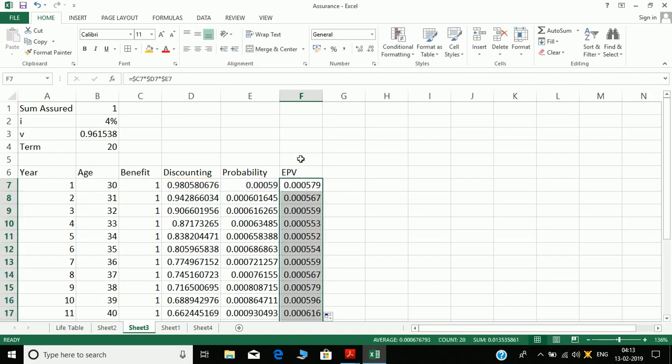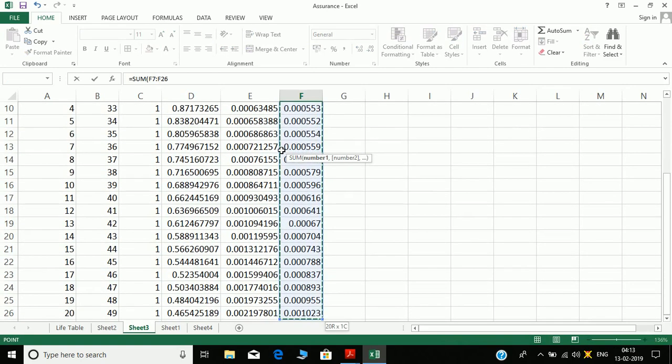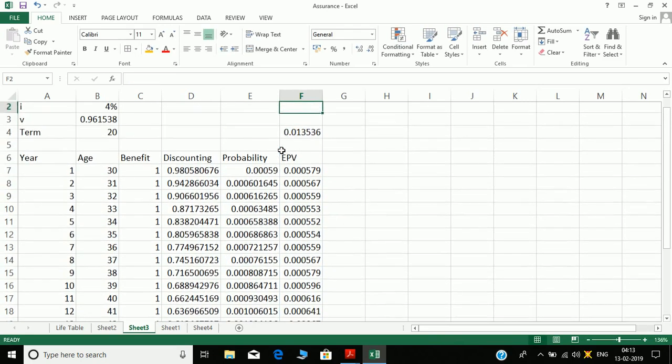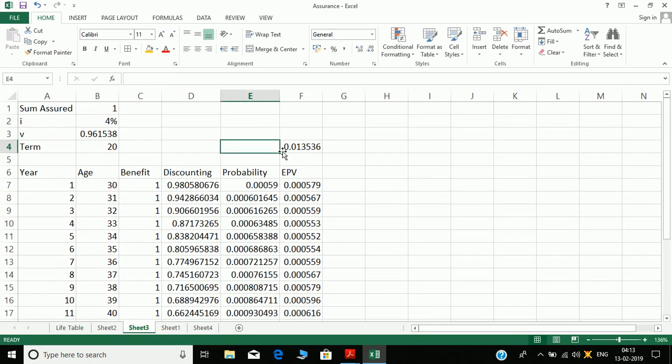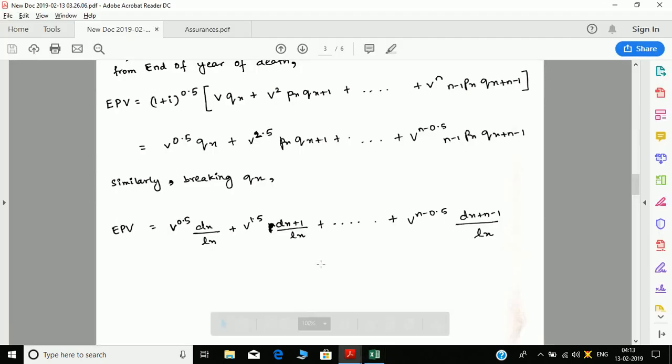Writing it down, the sum of all this will give me the total EPV, which is 0.013536. This is my EPV. Okay, this is how you indicate your answer. Okay, moving on.